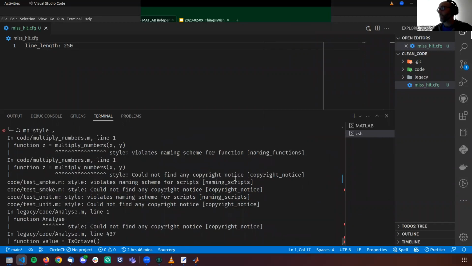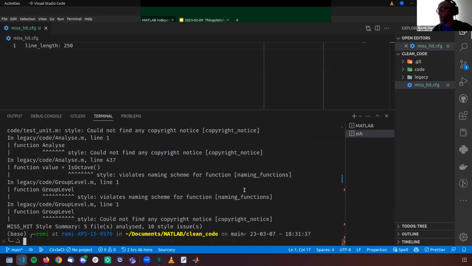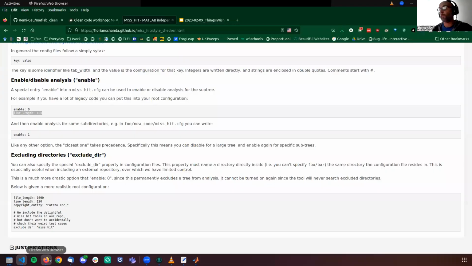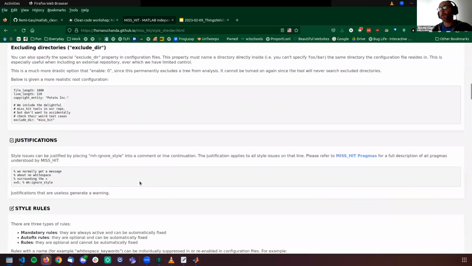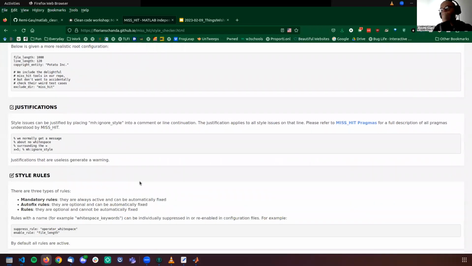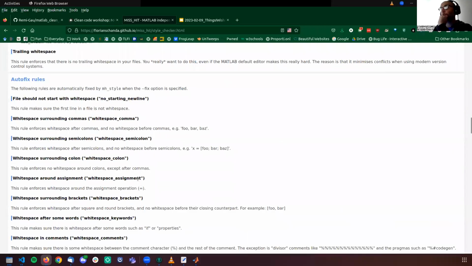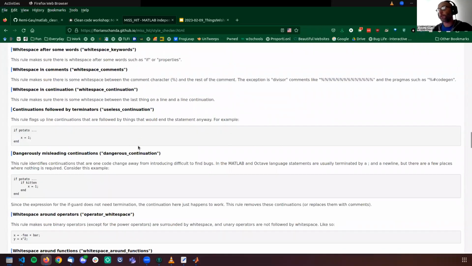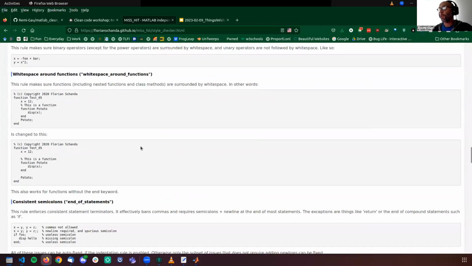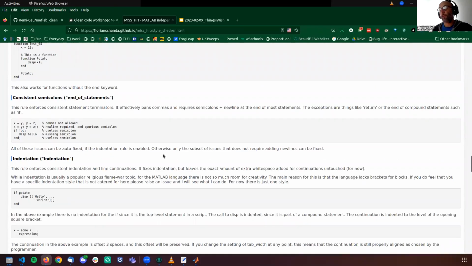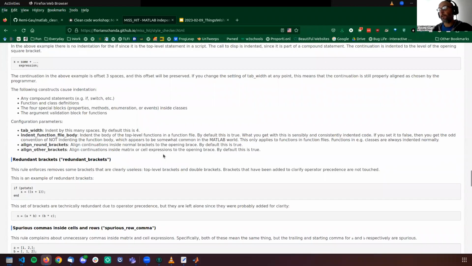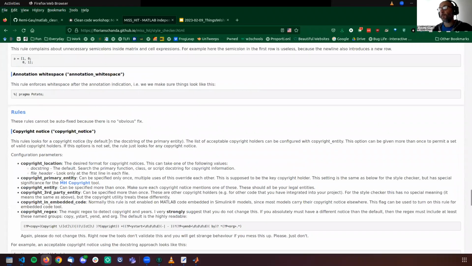So the next thing, we have some naming issues and some copyright issues. So let's try to figure out what the names of those rules are. Where is it? One space. So this is usually the name of the error, and redundant brackets is okay.